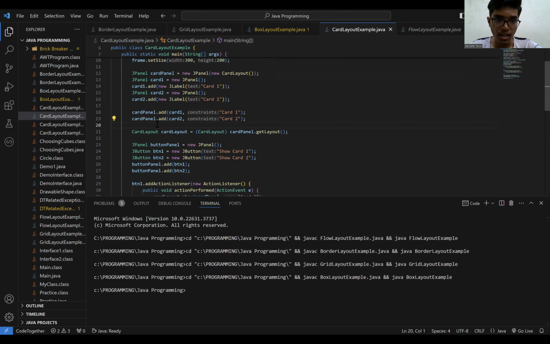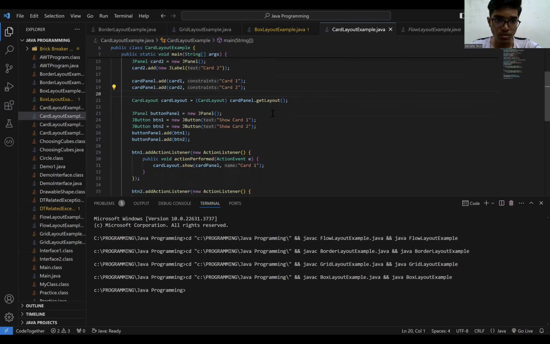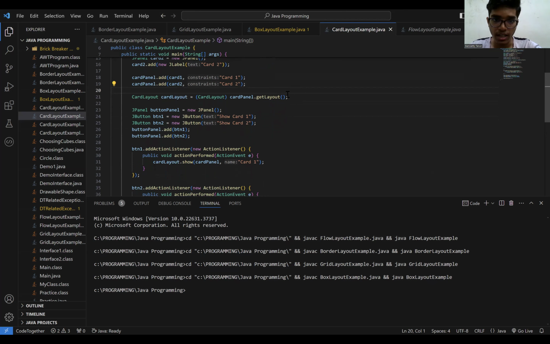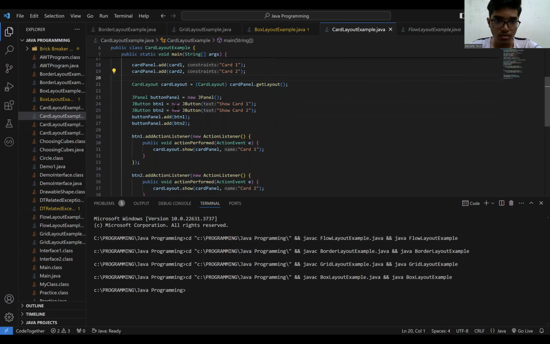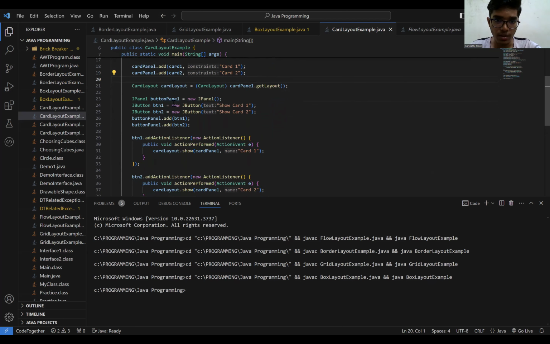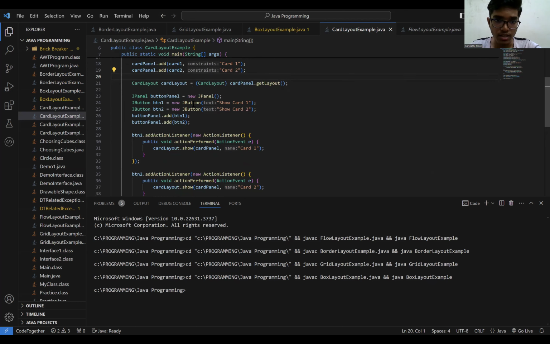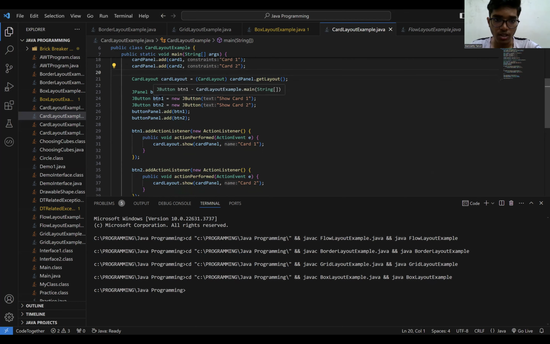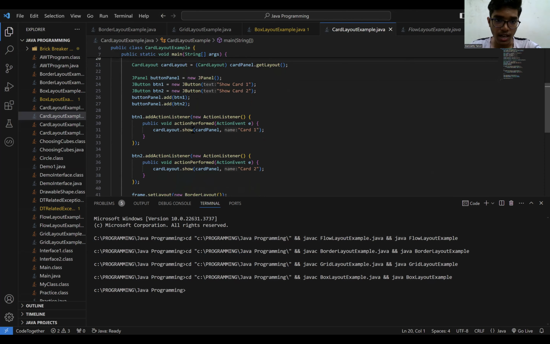And for card panel I have added card 1 and card 2, and I have created this card layout object and get layout to get the layout, and I have created this button panel object which is a panel and added buttons like show card 1, show card 2. First we have to create these buttons and we have to add them to this button panel. I have added them here and created this add action listener,